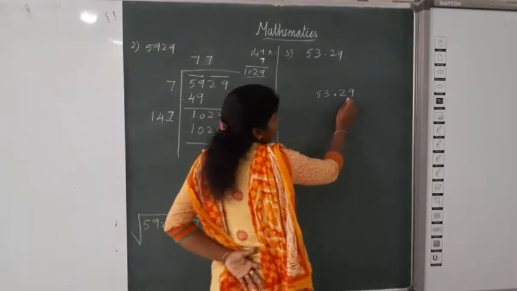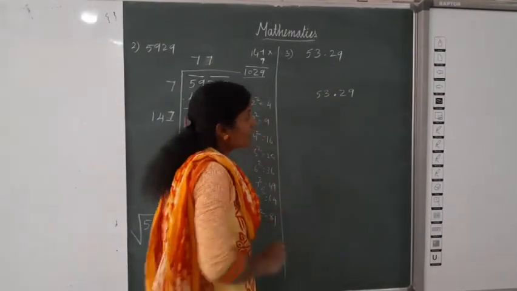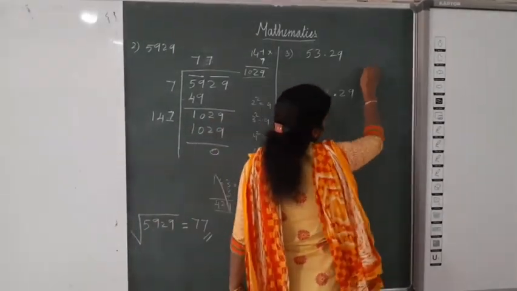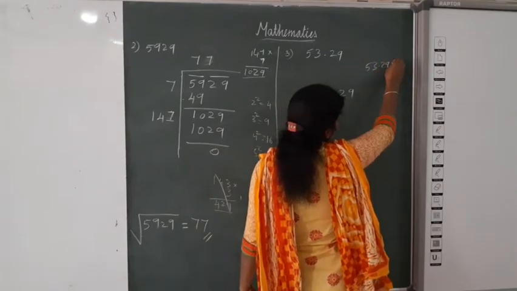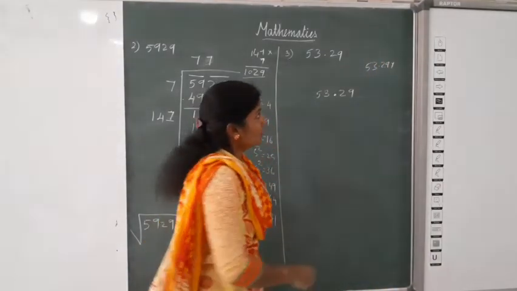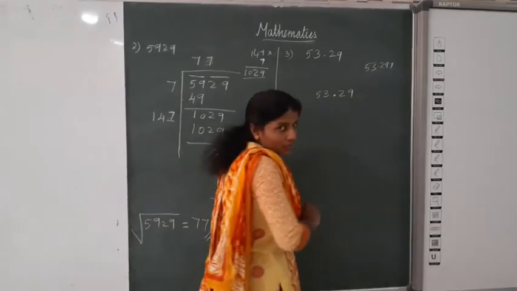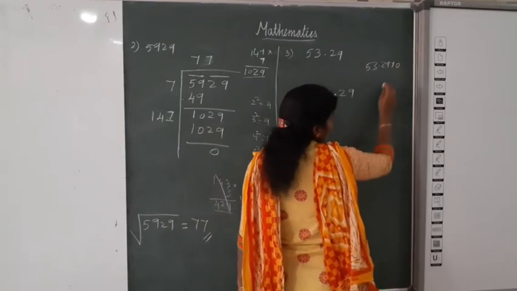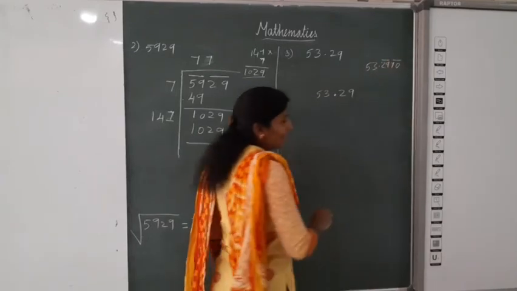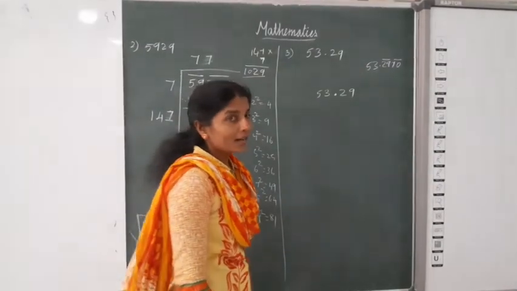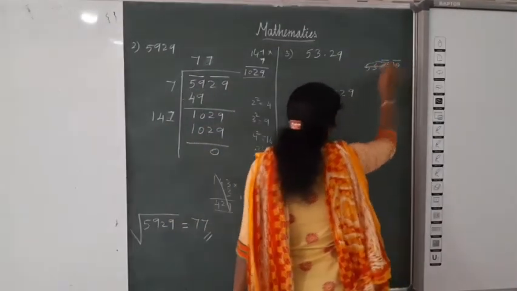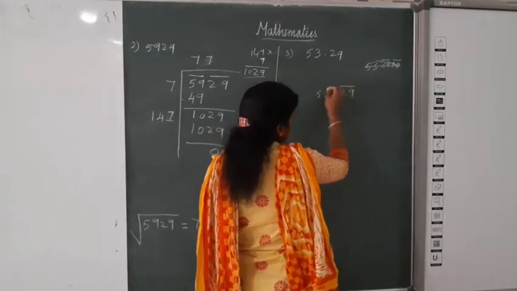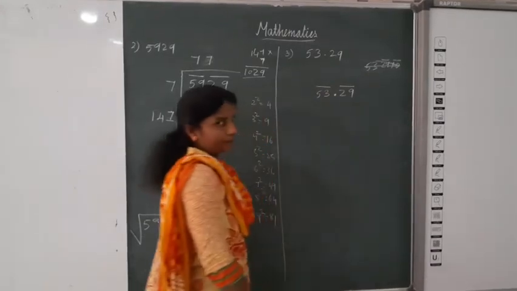Now listen here. In 29 we have 2 digits. Suppose we have 3 digits, how can you split? Suppose here 53.297, 3 digits. How can you split? You can't split the decimal part and integral part together, isn't it? Now here with 3 digits we can add one 0 here. Then this is the first, this is the second. Like this we can split. Clear? Okay. But here no need to write that. Here we have only 2 digits. So no problem. So we take this as the first pair, then this is another pair.